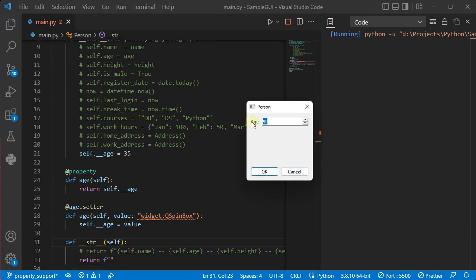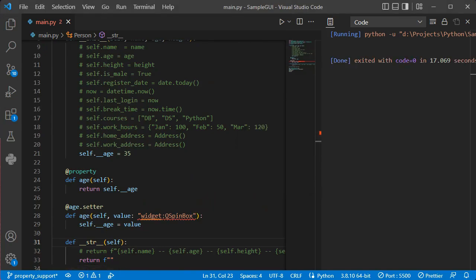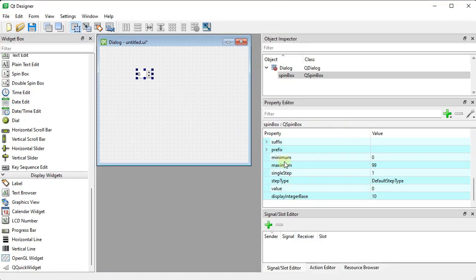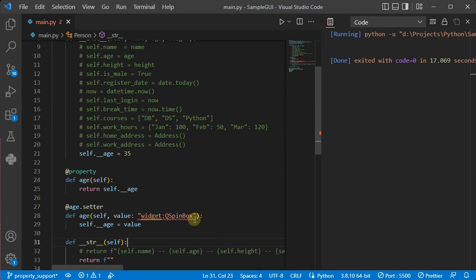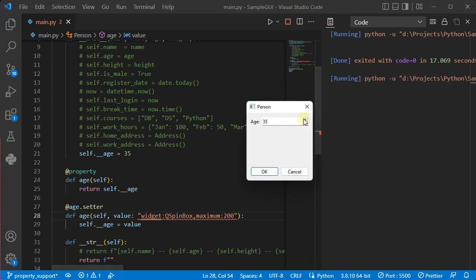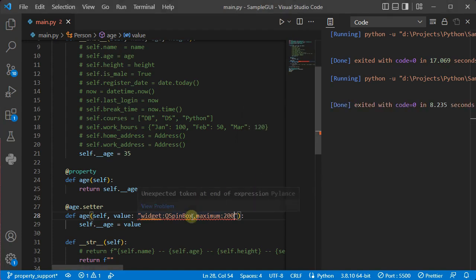So how can I change this parameter? You can use all of these parameters inside that annotation string with the same notation. For example, here we have camel case, so you should use camel case also in that notation. Here I'm going to change the maximum number. You put a comma, it's comma separated values, and then maximum, the name of the parameter, and then apply the value that you want to have. For example, I'm going to use 200. Now if I run the application one more time, you can enter a value more than 99 and less than 200 also. So if I press OK, oh, I forgot to